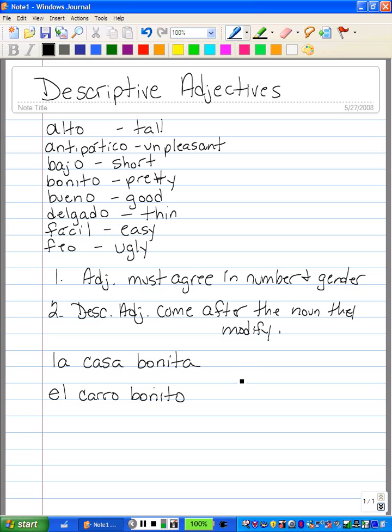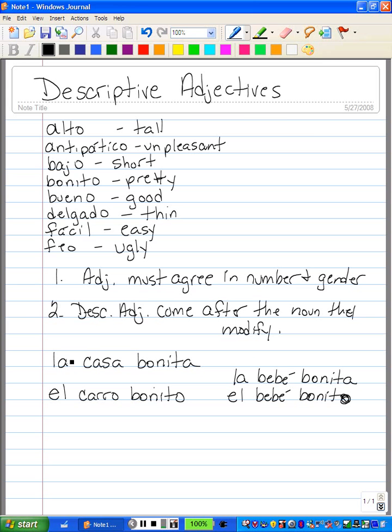Or if you have a pretty baby, and let's say she's a girl, it would be la bebé bonita. Or you can have a pretty boy baby. You could have el bebé bonito. And again, you can make these plural.